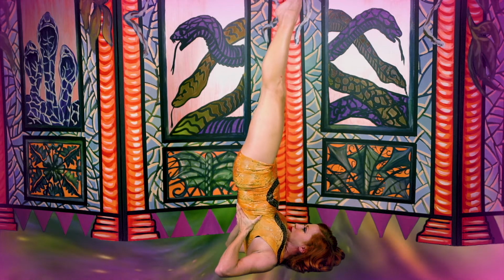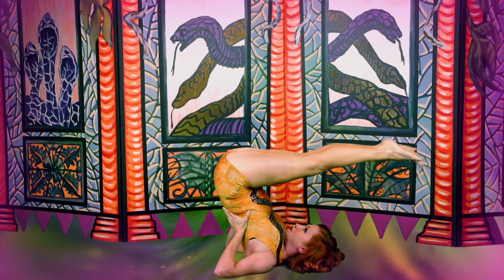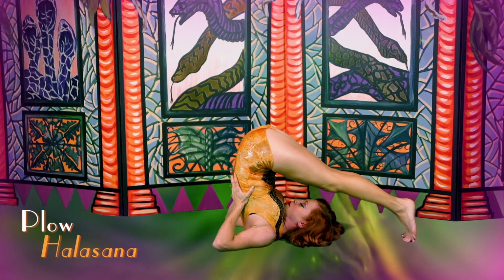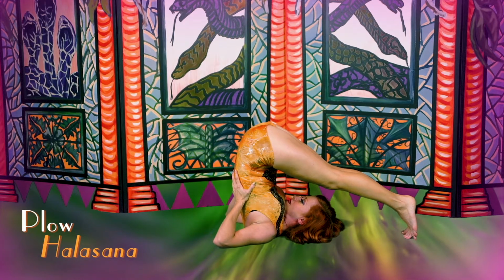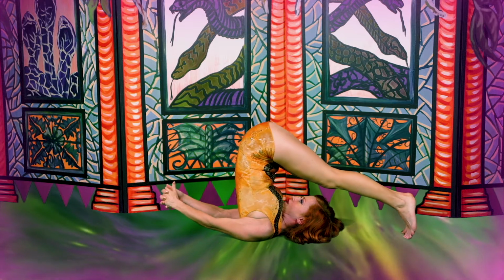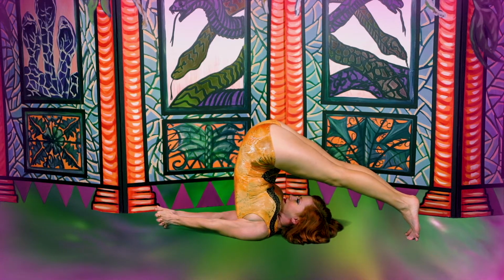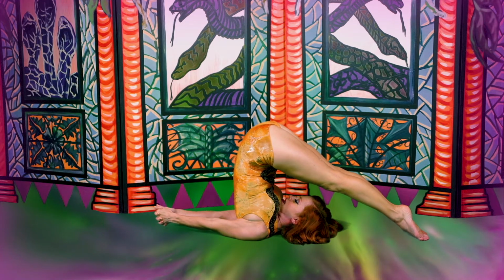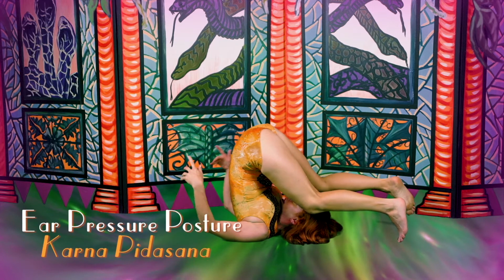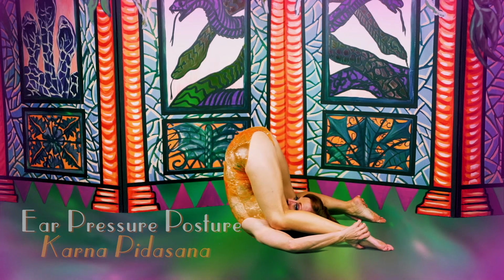Extend the legs up. And as you exhale, hinge at the hips. Your options here are to come into plow. So you can come into supported plow with your hands on your back. You can release the hands, interlacing fingers, wiggle them underneath of you. Press palms together. You can come onto the tops of the toes if you'd like here, or you can come right into Karnapidasana, ear pressure pose, bending